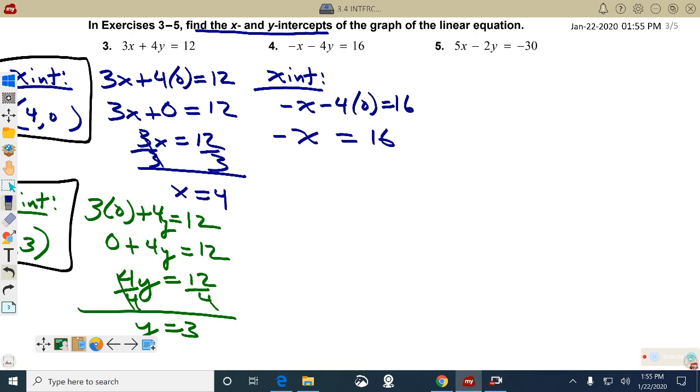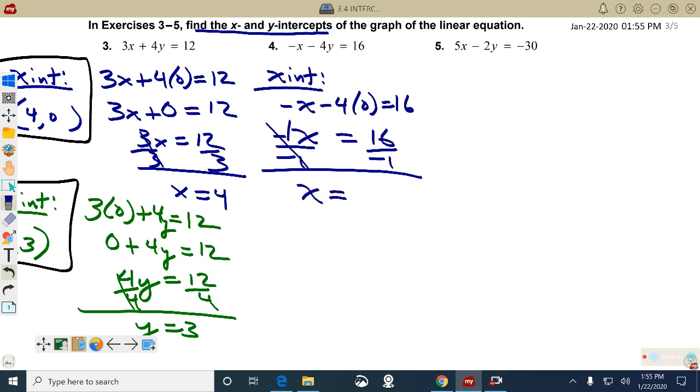What number is in front of x right here? 1. Close. A little more specific? Negative 1, huh? So what I need to do is get rid of the negative 1 to get x by itself. So I'll divide both sides by a negative 1. Okay. Negative 1 divided by negative 1 is 1. So 1x